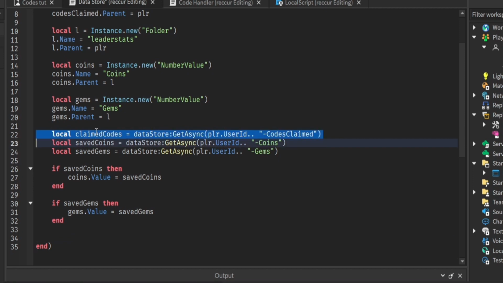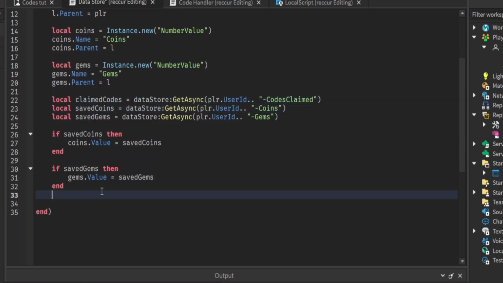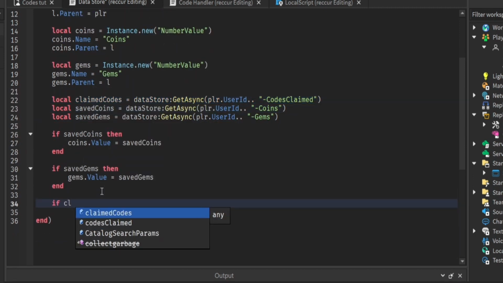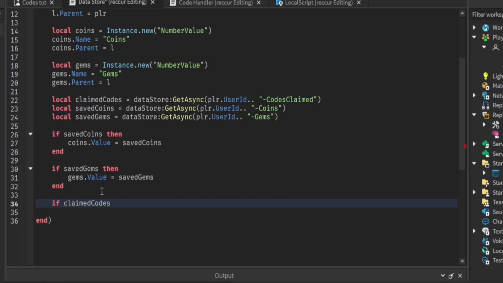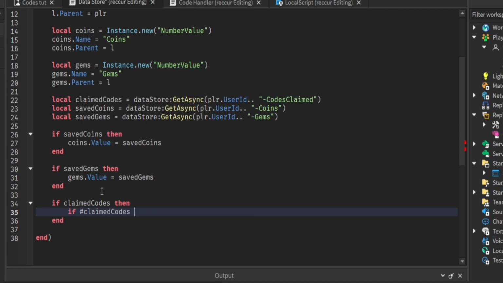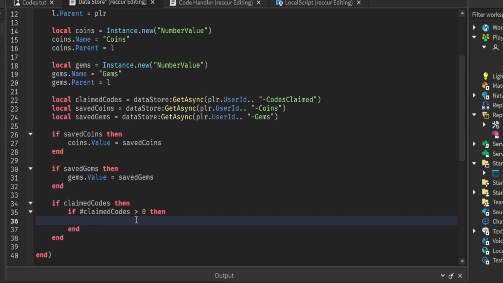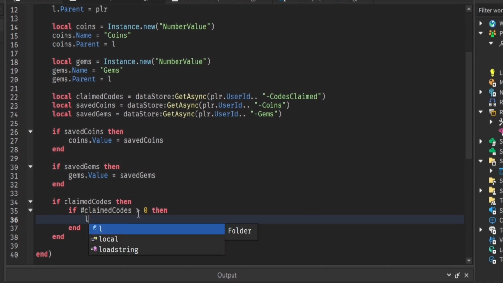And for claim codes, it would be a bit more complicated, not very, but we will just do if claim codes, then if number of claim codes is greater than 0, then basically it's a list, right? And if the list has more than 0 items, basically if the list has at least one code that's claimed, then we can make a value. So local v,